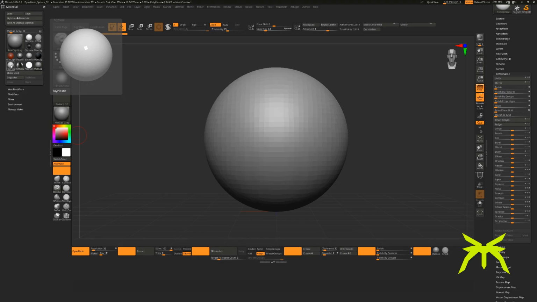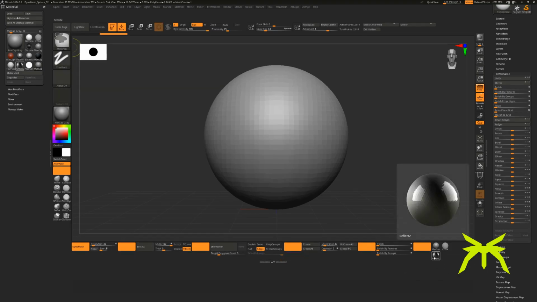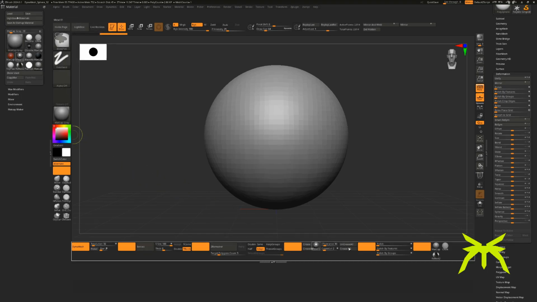Oh yeah, toy plastic. I do like that one because of the aggressive shine, but I've got other ones here that kind of do that, like this reflective one. This is really good in conjunction. I'm gonna put this down here with the metal,